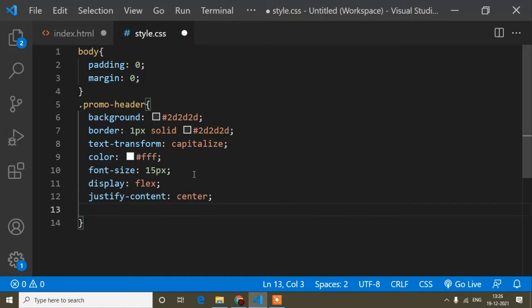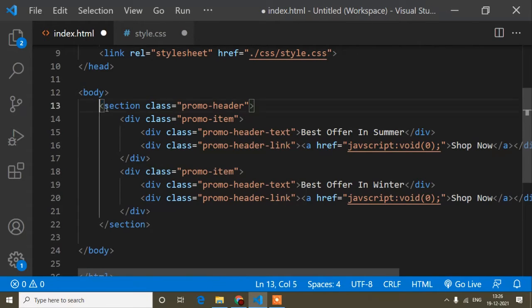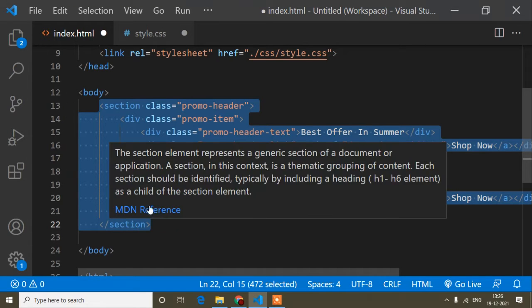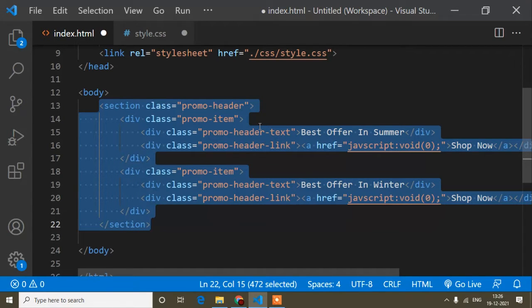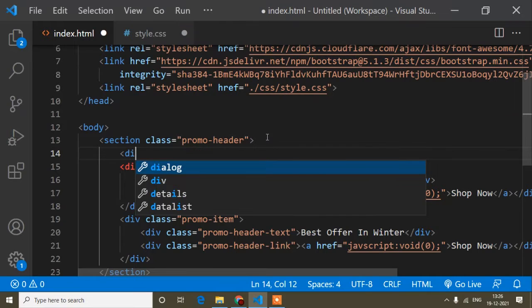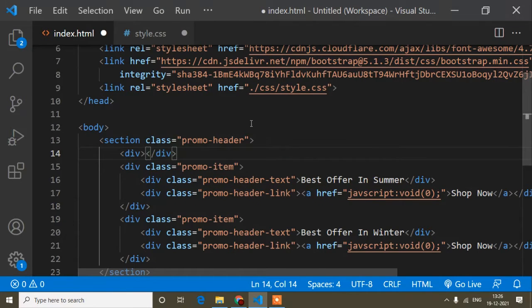And guys, one more thing I will suggest, don't write unnecessary CSS and HTML tags. Here you can see I have written very few HTML tags. This one starts from line number 13 to 22. So why am I saying don't write unnecessary HTML or CSS tags? Because guys, suppose you write any unnecessary tag like a div tag, when your page starts to render, first of all it will render line 13 and after that line 14.